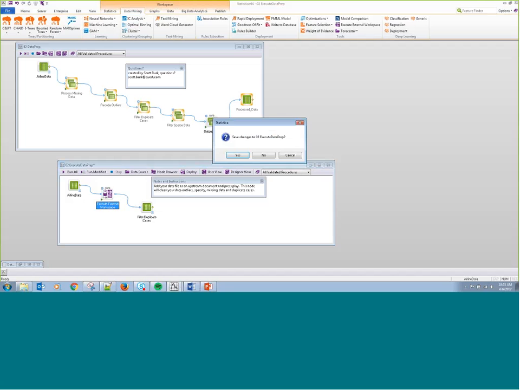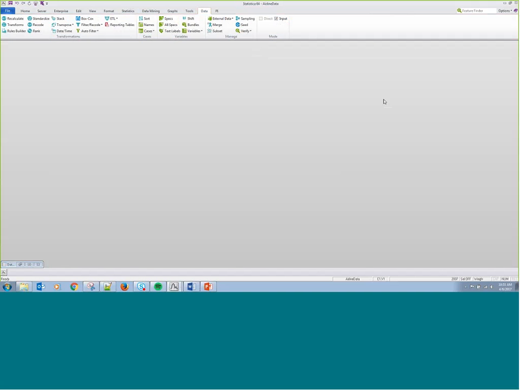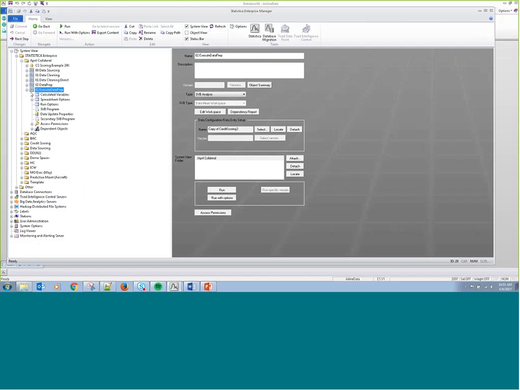Okay? And then I'm just going to shut these down. And then the last thing that I'm going to do is show you what a parameterized workspace looks like. And I believe I have that in Enterprise as well. I have some of these objects locally, and some of them